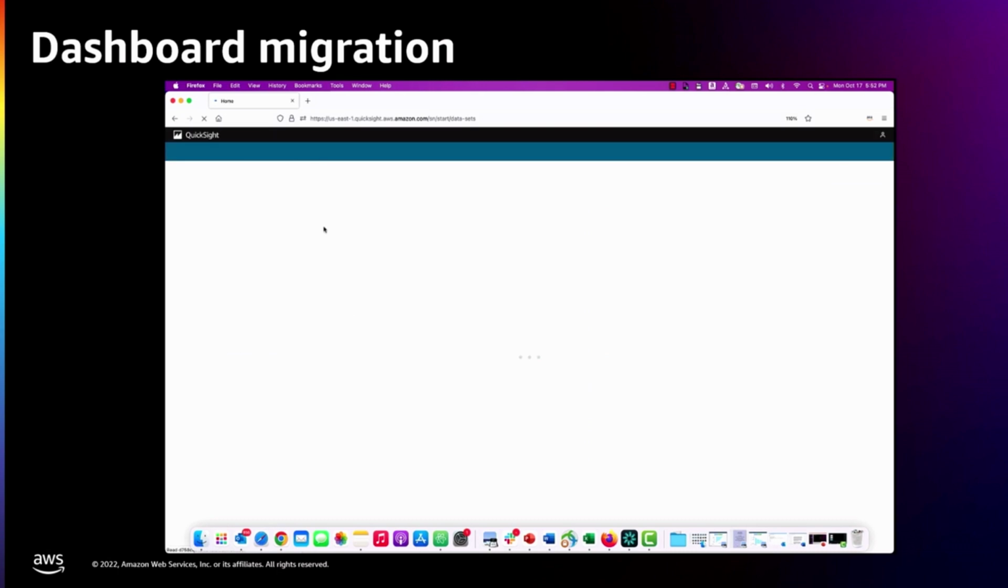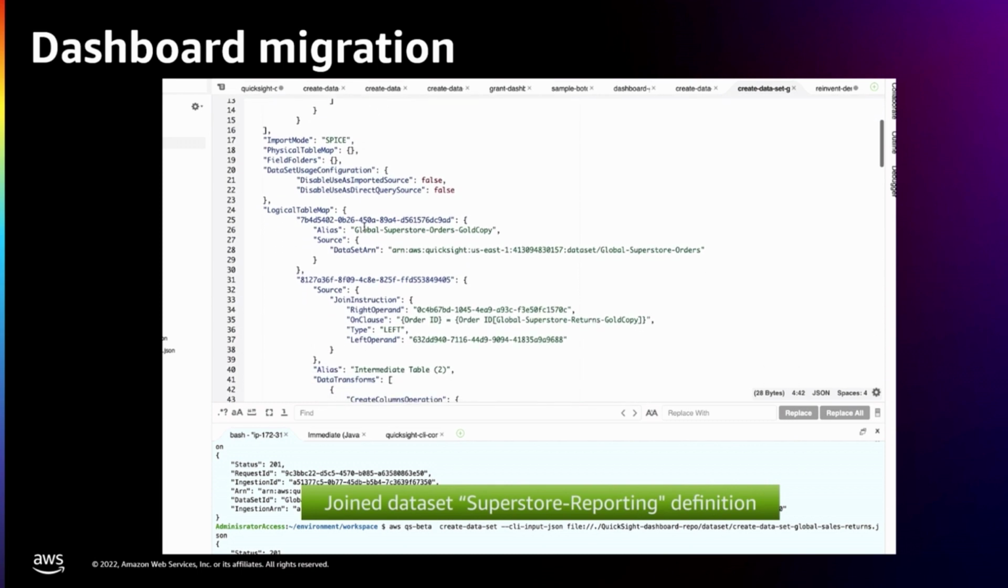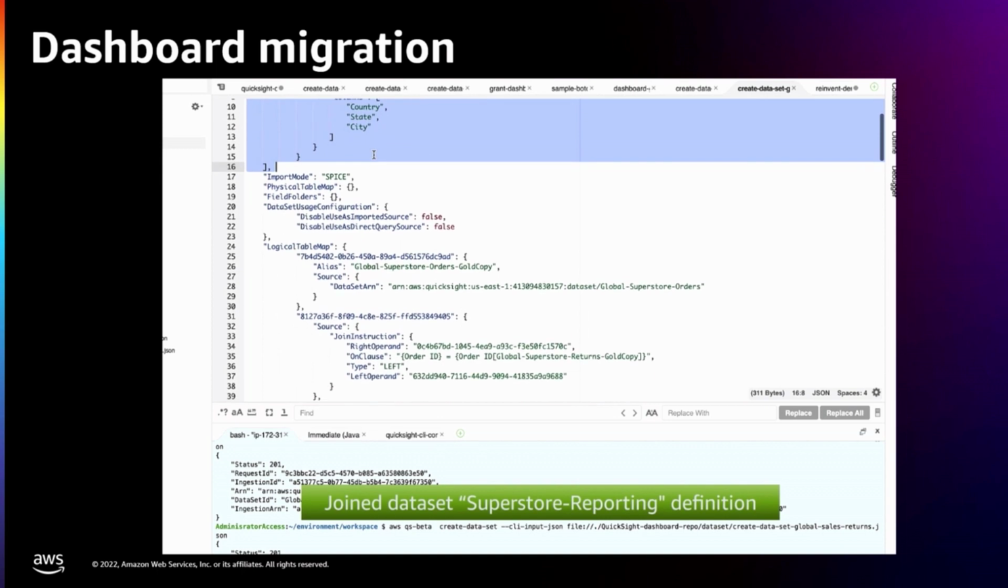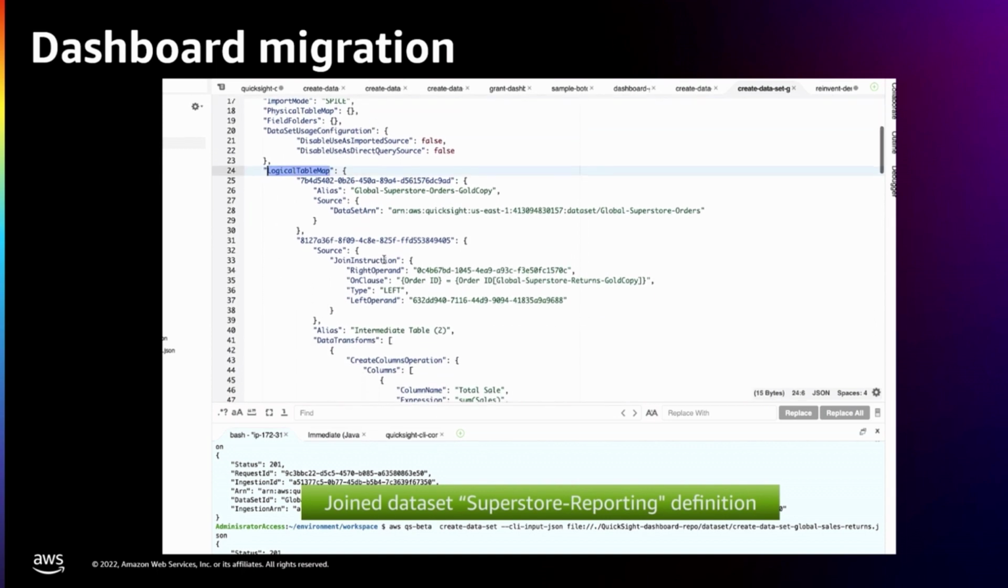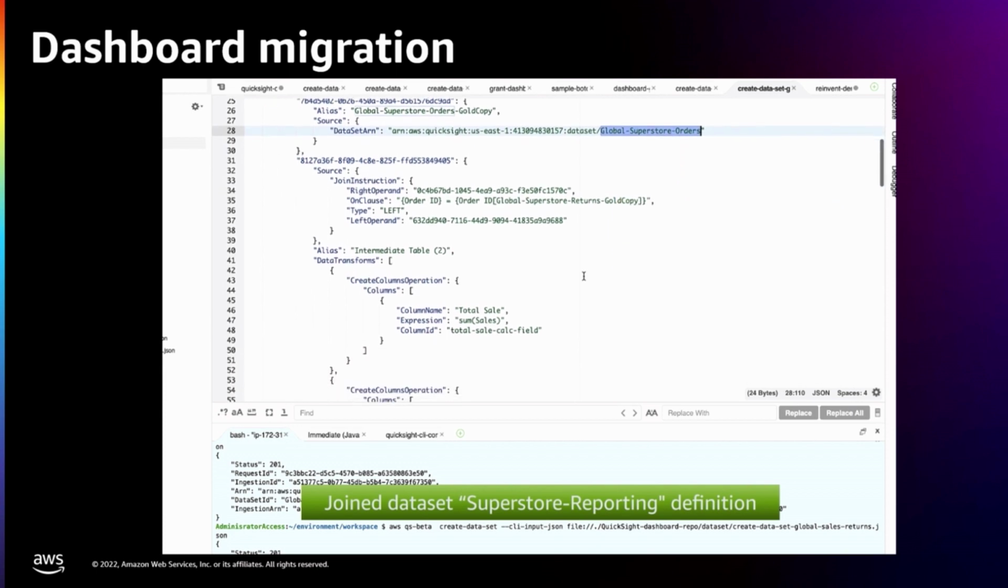If we refresh our page in QuickSight dataset, we see these 3 datasets now. All right, so we have created these 3 underlying datasets. Now we want to build the join between people, returns, and orders. So we have defined these definitions in our dataset with left join,